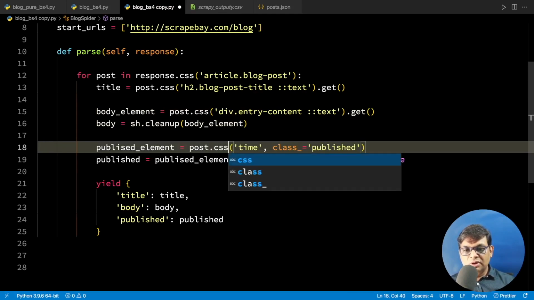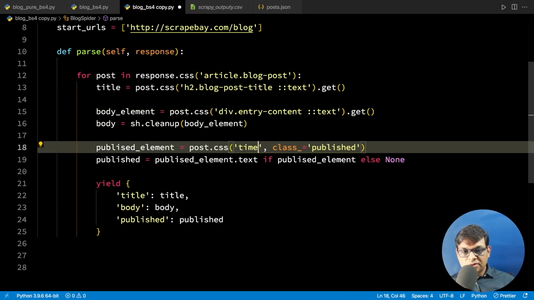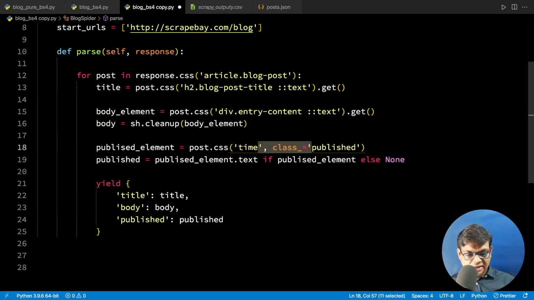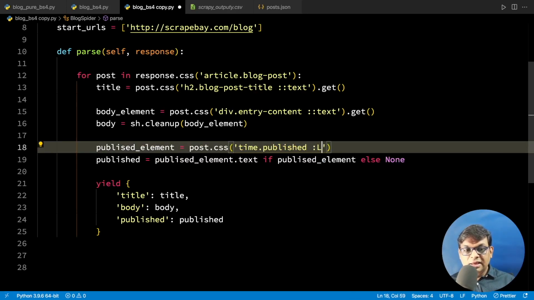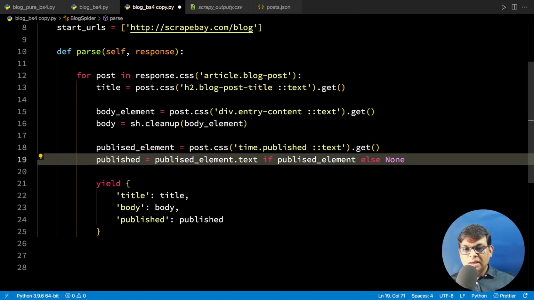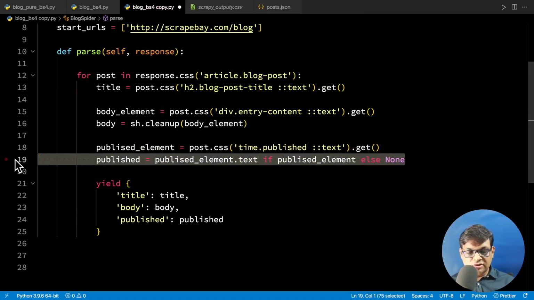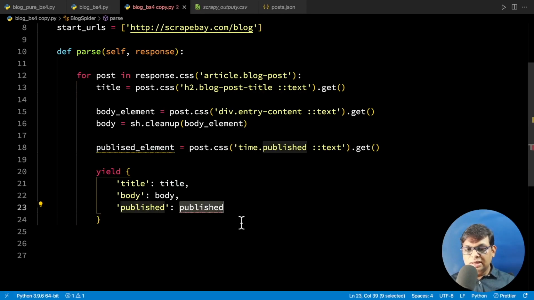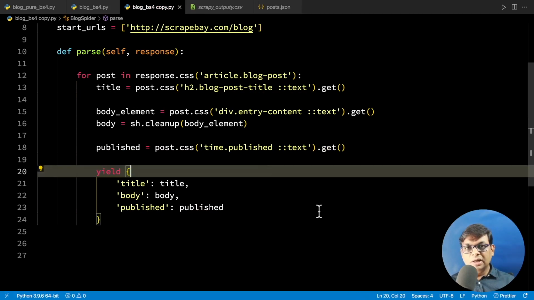This is also going to be the same. publish.css, and we can write ::text right over here and call the get method. And again, we don't need to extract and check. Let's just rename it to published. And there it is. With very small changes, we have converted this Beautiful Soup spider into a Scrapy spider.